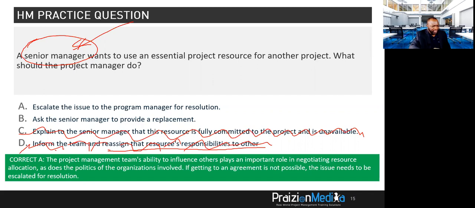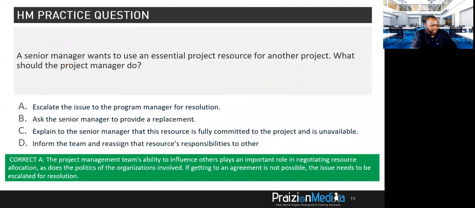Ask the senior manager to provide a replacement. Now, asking the senior manager to provide a replacement, wouldn't they have used whoever they had in the first place? You don't know that resource and the history behind it. So I know that it's like splitting hairs and it's a bit of a devious question, but what this should teach you is that escalating to a program manager, if there is one, and obviously we need to infer that there is one from the options given to us, that is the best. So this one, I mean, I could argue with it, but when you think of it, asking someone to provide a replacement when they're taking away a resource from you, they would have used that, wouldn't they? And secondly,